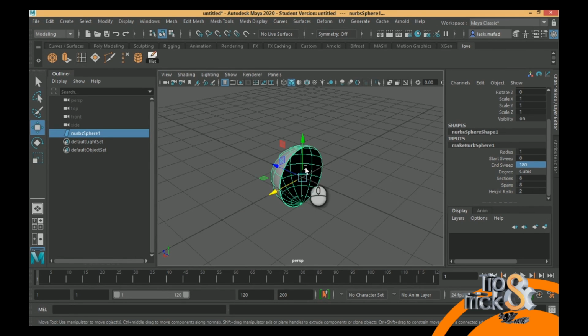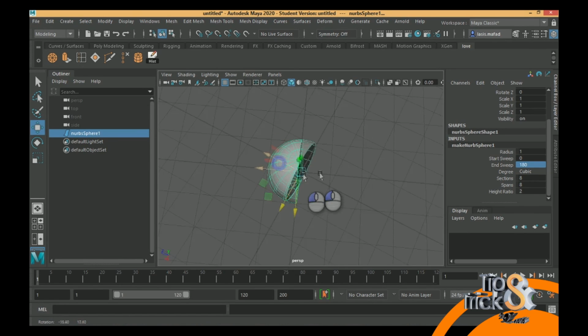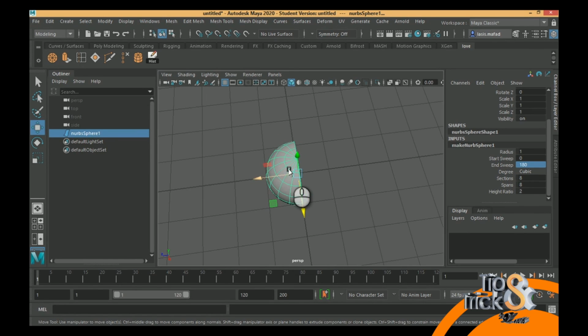As you can see, when I decrease the number of sweep, it retains the number of segments, but just pulled the end of the NURBS surface towards the half sweep. So if I try to put it back to 360,